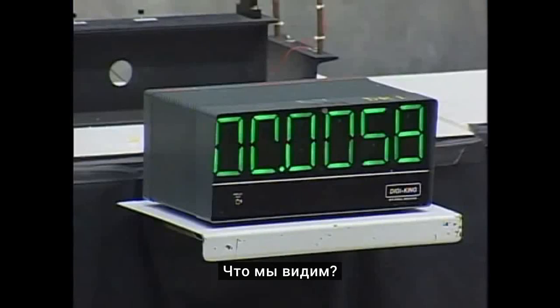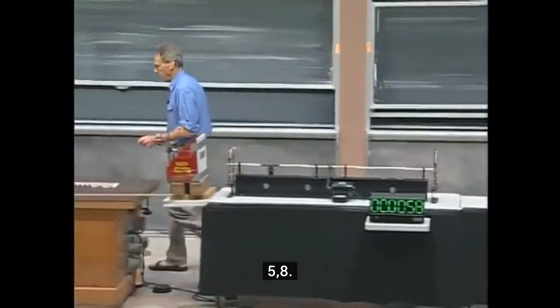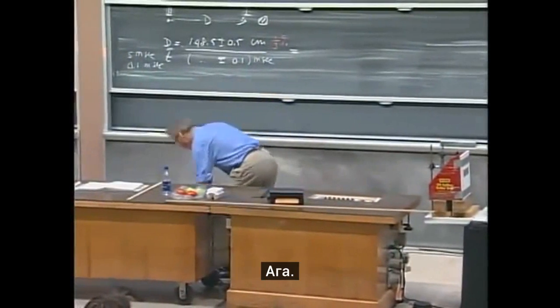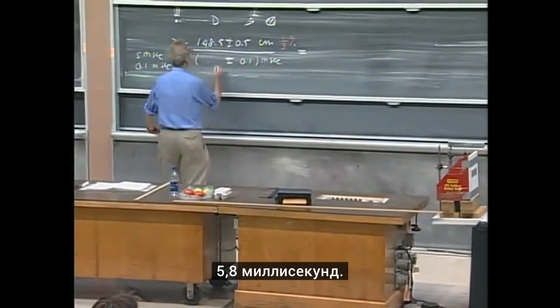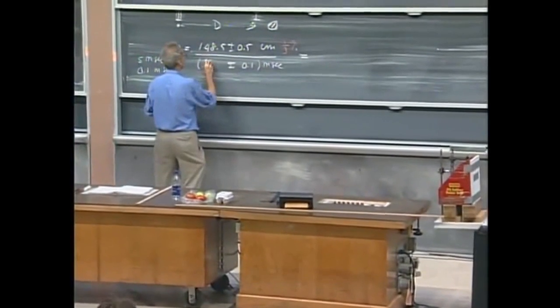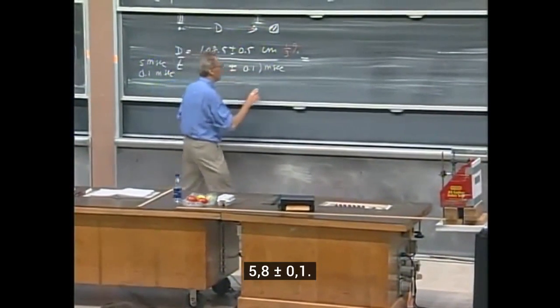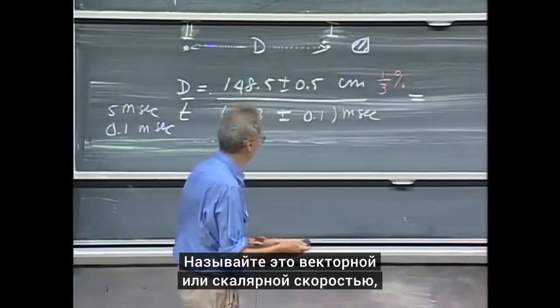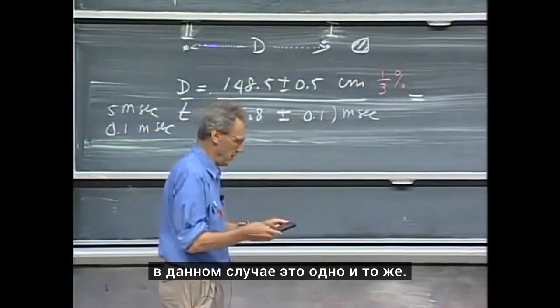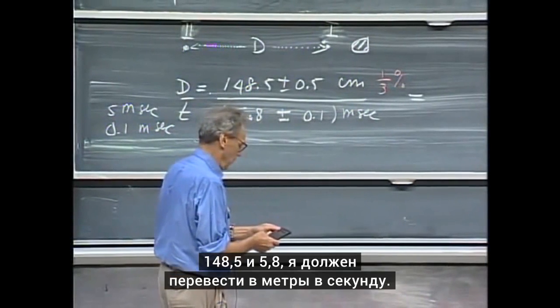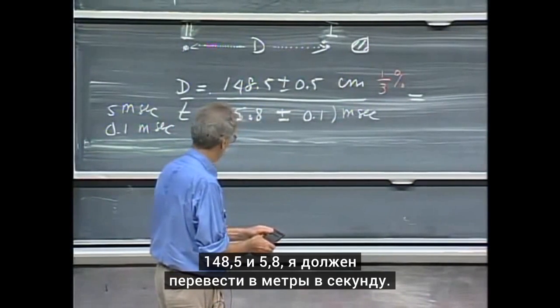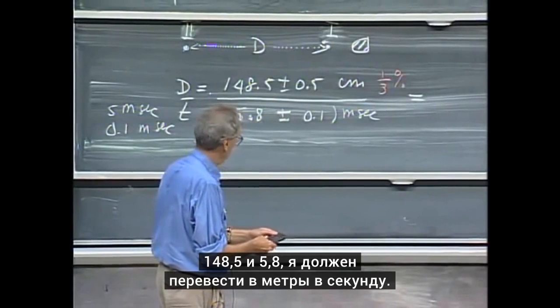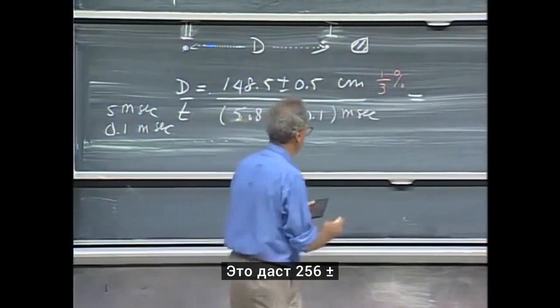What do we see? 5.8 milliseconds. 5.8, is that what you see? Yeah. 5.8 milliseconds. 5.8 plus or minus 0.1. So out comes the average speed, call it speed or call it velocity, it's the same thing in this case. 148.5, 5.8, and I have to convert it to meters per second. That brings it to